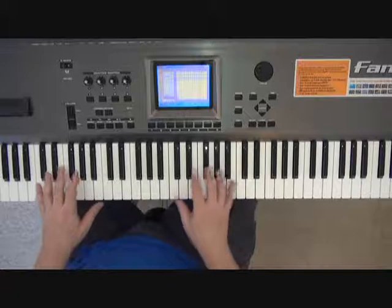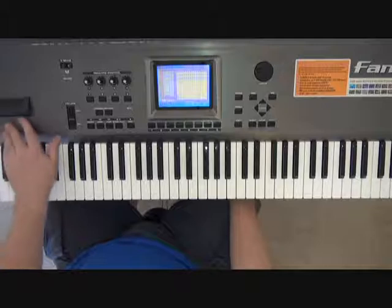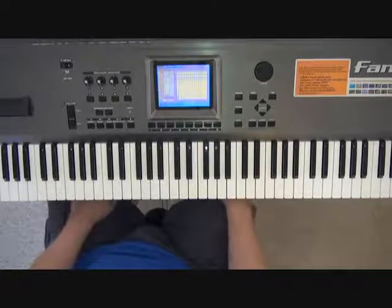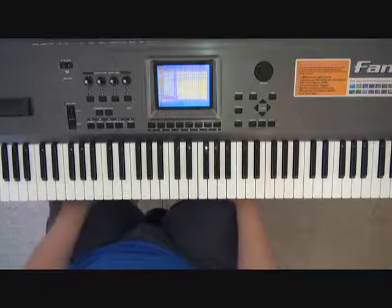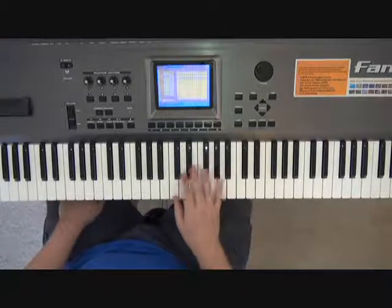Now, the other thing that I need to point out is that this is a swing scale, and we're going to do 3 different kinds of feels today that we're going to be practicing with, and 2 of them involve playing it in a swing style. Now, what is a swing style? Well, a swing style is if you're playing quarter notes, for example,